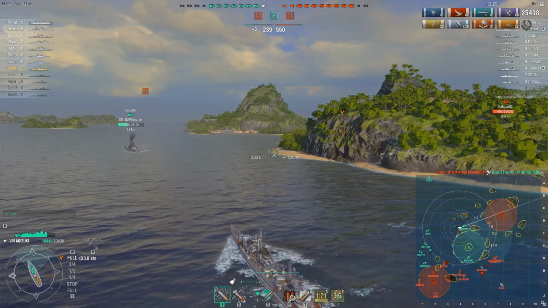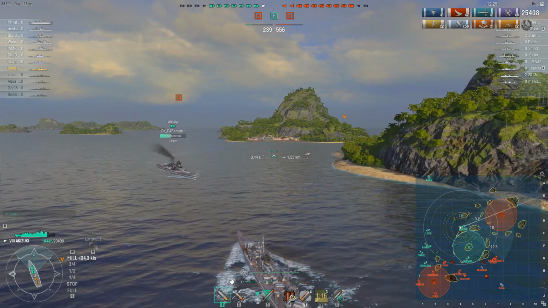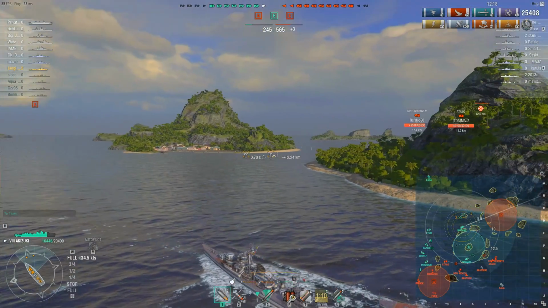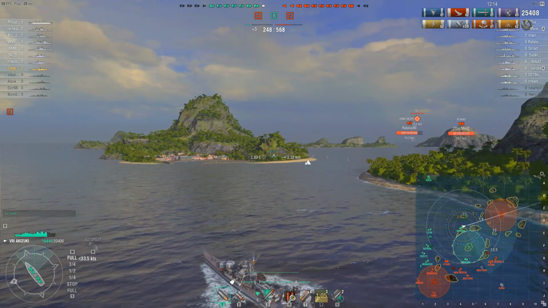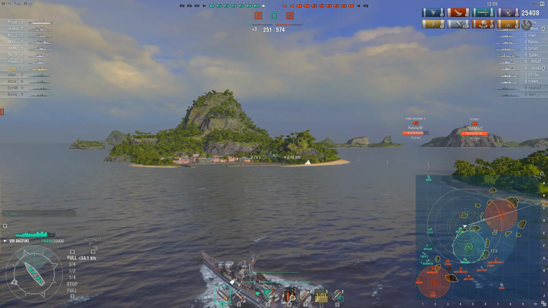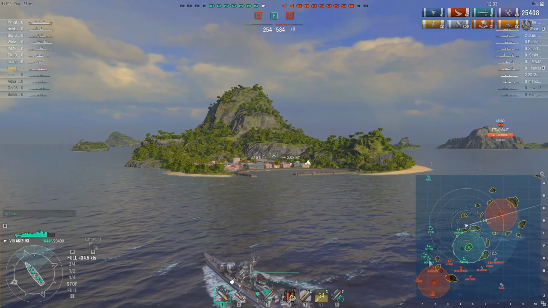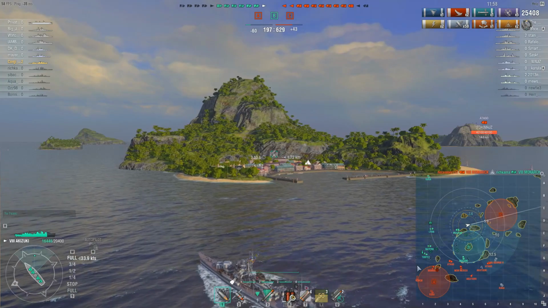Like, it wasn't even necessary to have cruiser support. That's how bad it was. So, their team, yeah, our team has lost more ships than they have. They have a numbers advantage, but our team is holding out okay so far, it seems. Like this side, it seems to be holding out somewhat okay compared to...